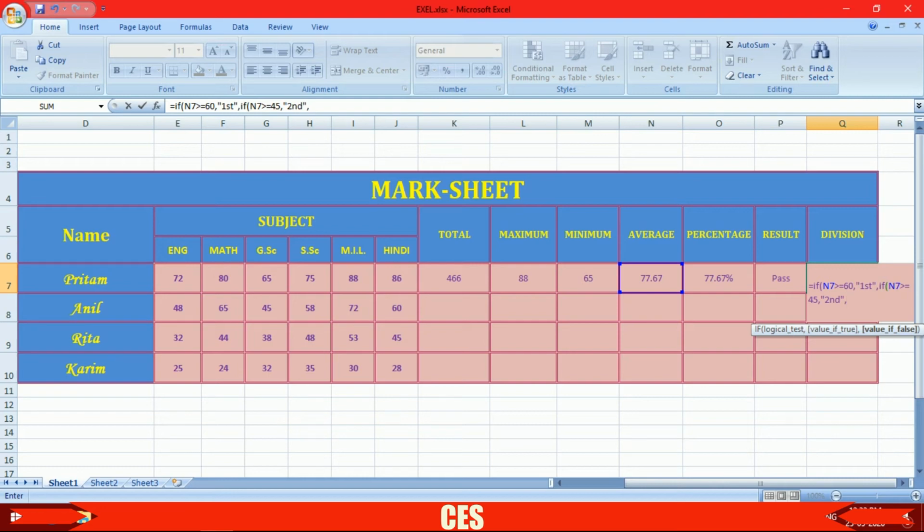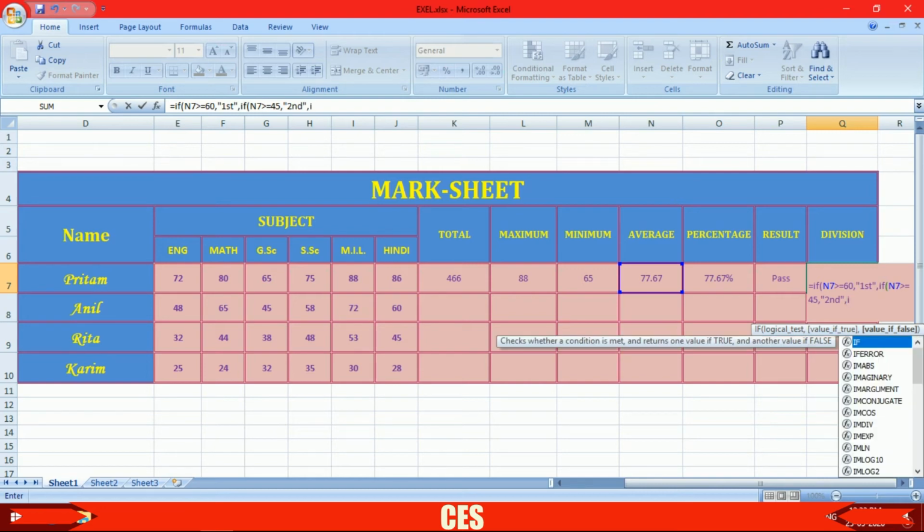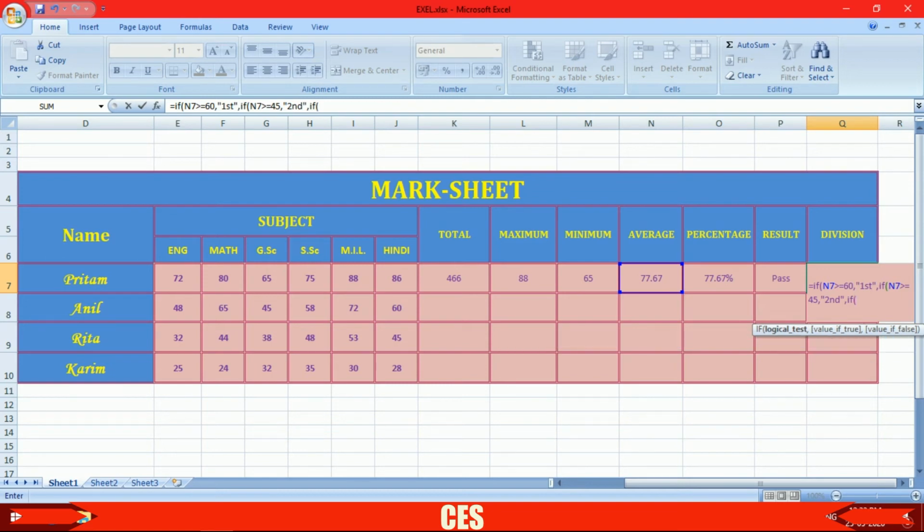Now we have the third condition. So for the third condition, once again we should take the if condition here. If, once again bracket open, now select once again the average marks, then if our average is greater than or equal to 30, then our division will be third.